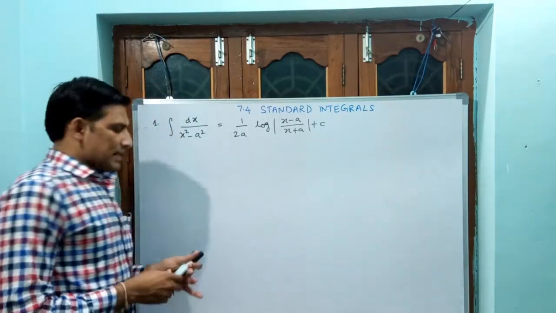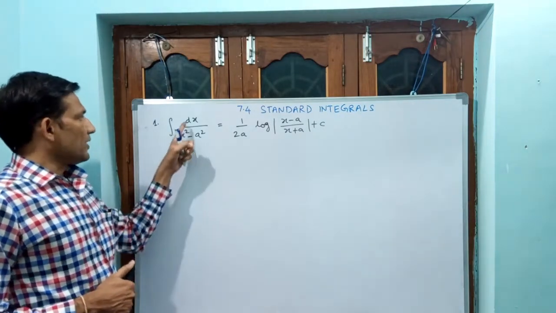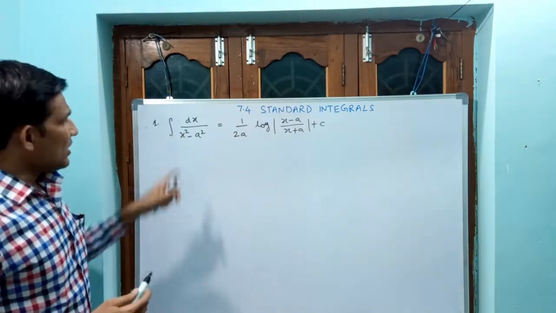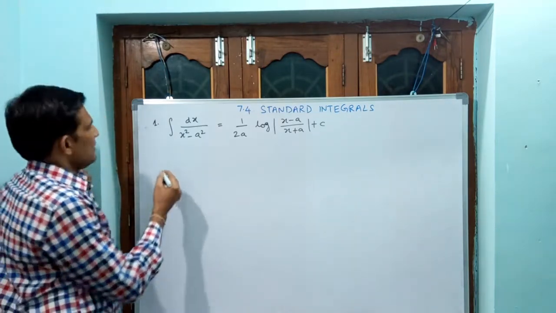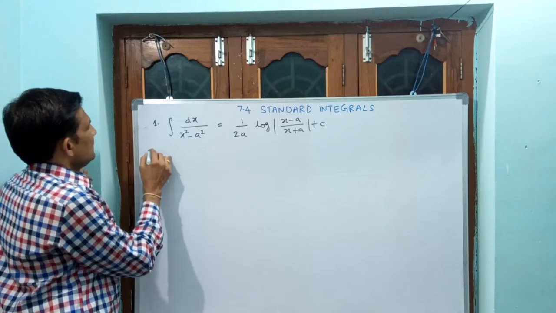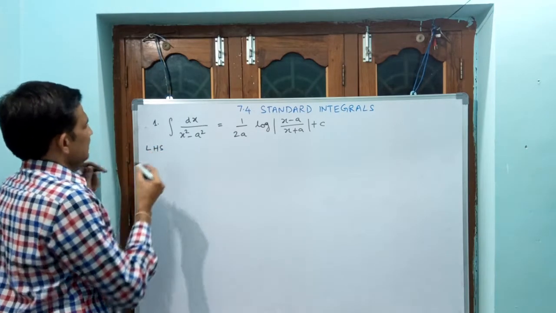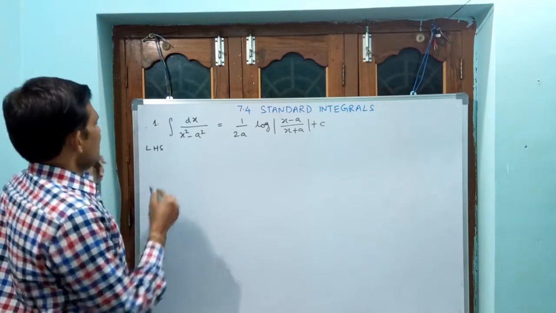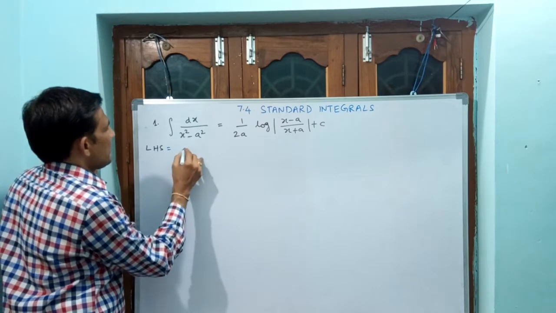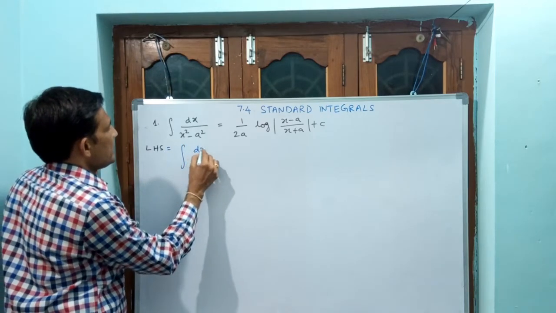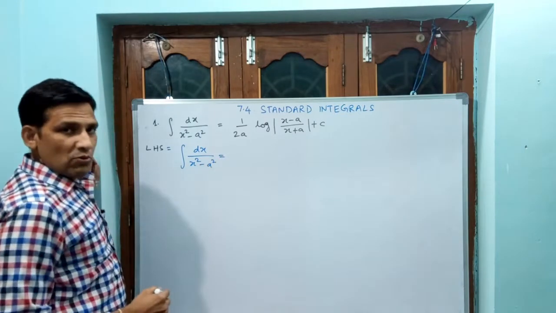Okay. See what I am doing: integral dx by x square minus a square. See how I am converting this denominator. Observe carefully. I am taking the LHS. Integral dx by x square minus a square is equal to...